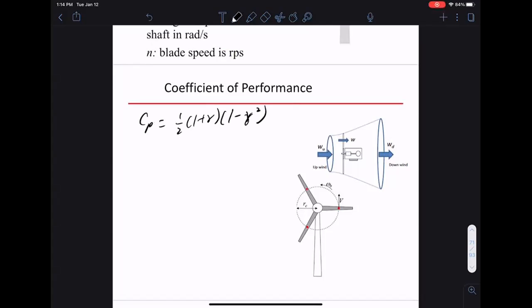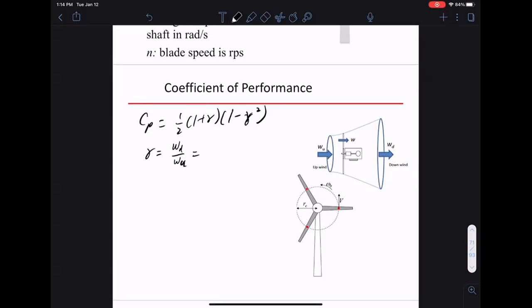What we want to do is relate gamma to lambda. So, another way to write gamma is,